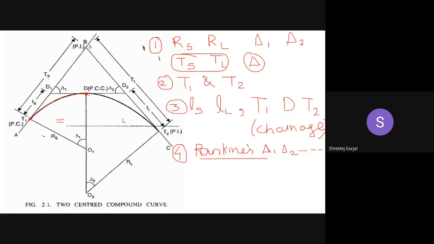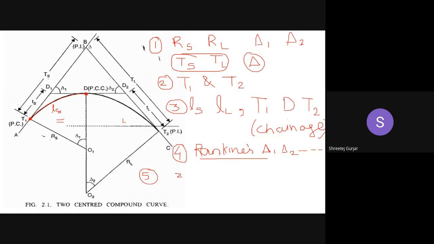Now, once that is done, shift your theodolite from this point to D. Once you shift it to D, what you have to do in the fifth step: after you set your curve LS, shift your theodolite to point D. Then you have to set a particular angle in your vernier scale, in your horizontal scale A. You have to set a particular angle.